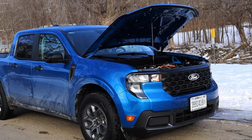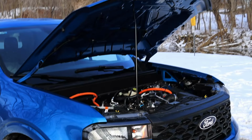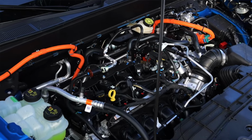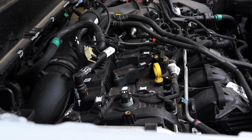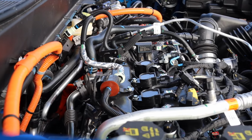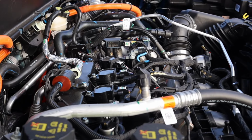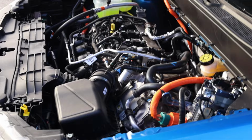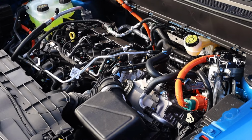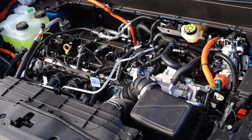But let's get back to that 2.5 liter inline-4 under the hood. Well, that is the hybrid system, or the hybrid option here for the Ford Maverick. You can also find a 2-liter turbocharged engine that is the sporty performance non-hybrid engine. This is going to be great for efficiency. It does allow for some electric driving, and the owner has been averaging 35 miles to the gallon in his short ownership of this truck, which is wonderful for a truck that can do truck things and get that kind